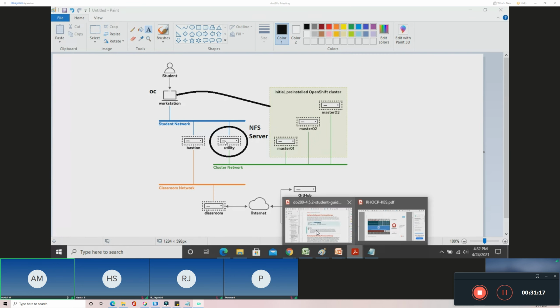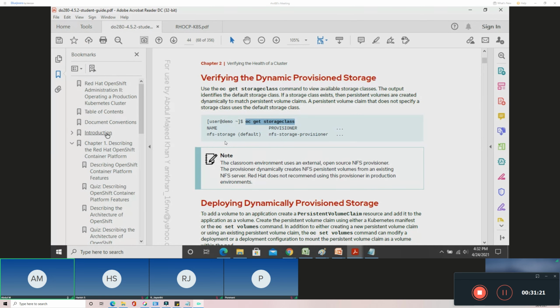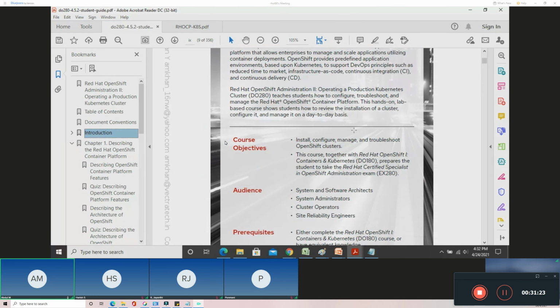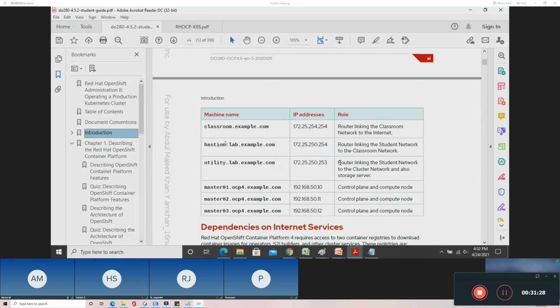During the introduction we have seen, so you can go through that introduction. You can see that this utility machine is over here. This is acting as a router device as well as a storage server. So here this utility machine will act as my storage server. So here I am going to store my